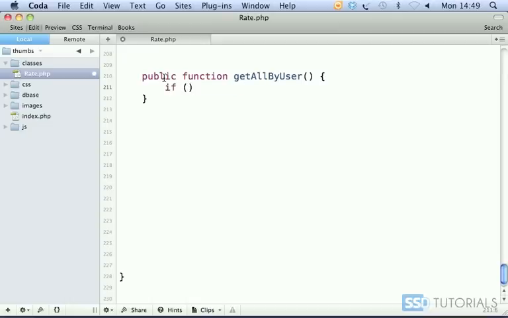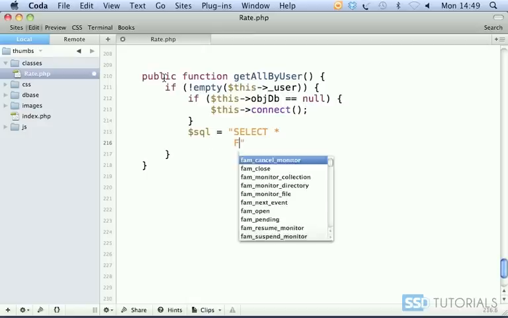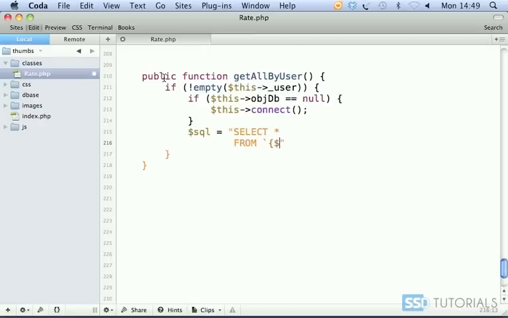So we check if it's empty, and we're looking for this underscore user. Then we go for if this object db equals null, then this connect, and then the SQL statement, which will be select all from this table to